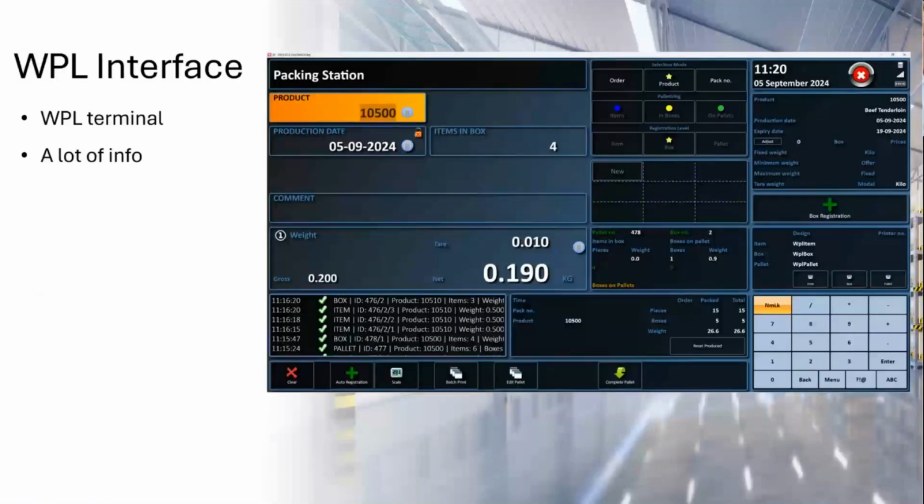Now we get into the VPL station, or the packing station. Yeah, and it does look like a lot of information. It is a lot of information, but you can also do a lot of different things here, because it's one of our standard products, so it can do a lot of different things. We can configure it to show or hide different fields, but it might seem confusing. So that's why I want to go through all of the different areas, because it can be greatly simplified. Yes, exactly.